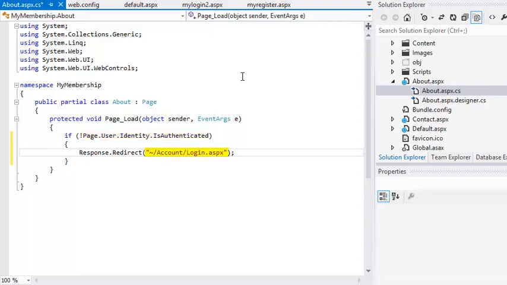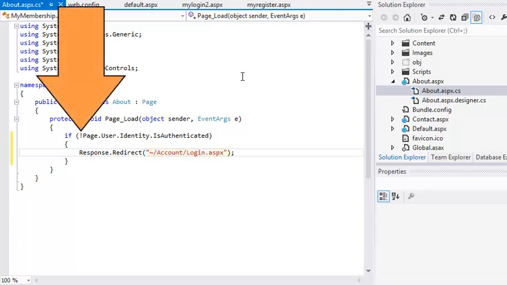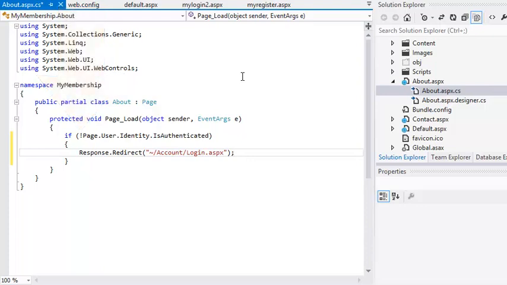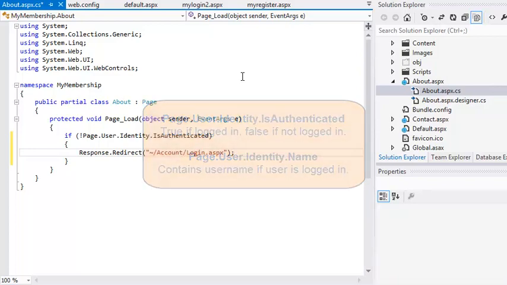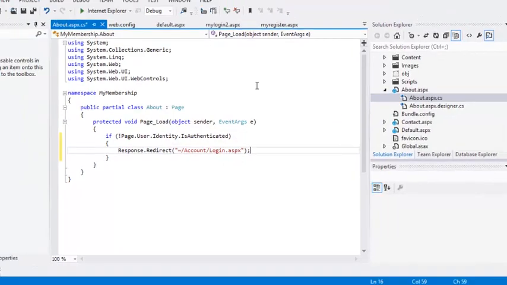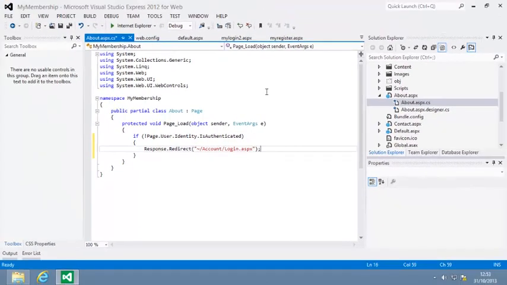You learned about using the tilde within paths in lesson 4.2, and you learned about the not operator in lesson 7.3. It's also useful to know that if a user is logged in, you can extract their username from the page.user.identity.name property. Now view default.aspx in your browser